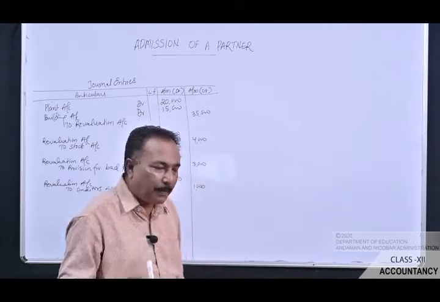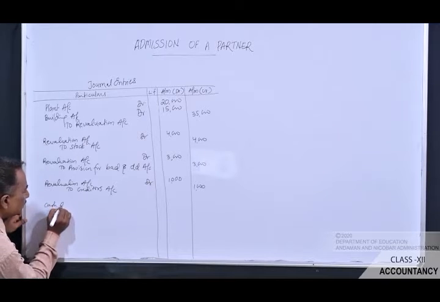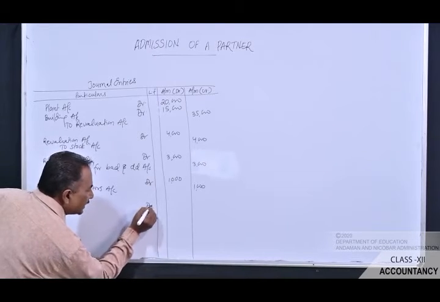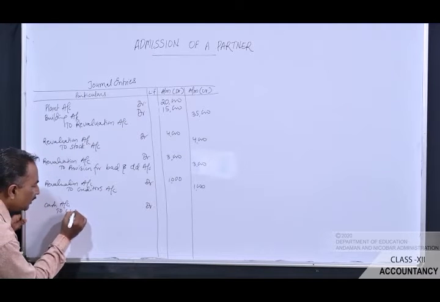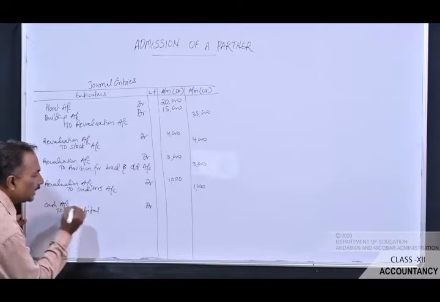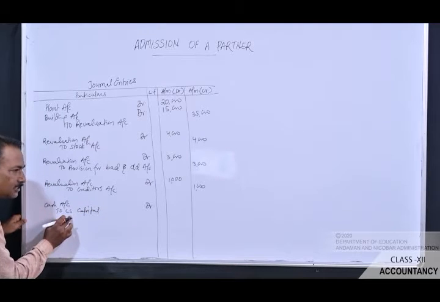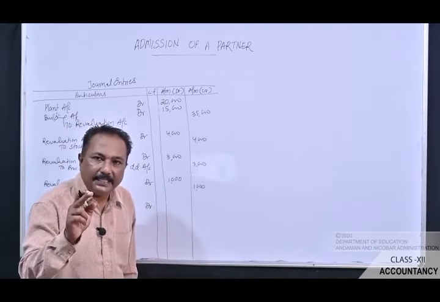At that moment we will pass the general entry as cash account debit, because cash is coming in the business, so cash has to be debited, and C is bringing his capital, so to C's capital account will be credited,